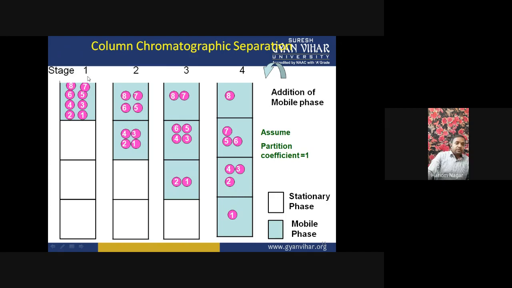So this is stage number one, when we put our sample in the column with the mobile phase. There are actually eight components in the mixture of this sample. When they pass through the stationary phase filled in the column, then at the second stage, these four particles travel more distance, while these travel less distance. These are the segments in the column that are called the number of theoretical plates. And there is also equilibrium between the theoretical plates.